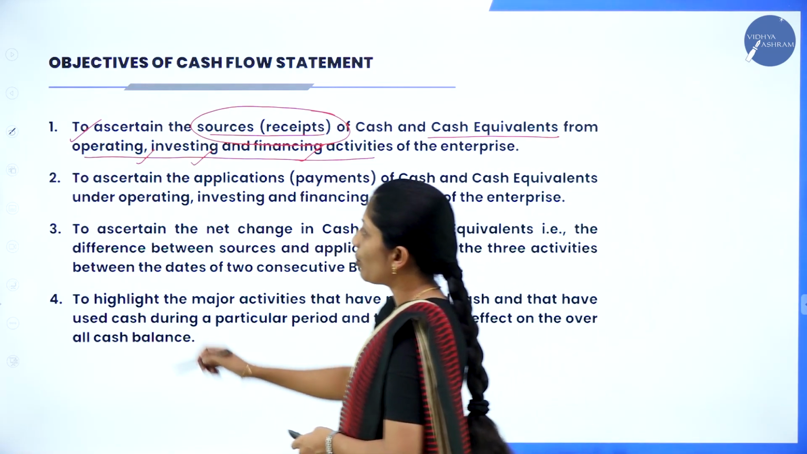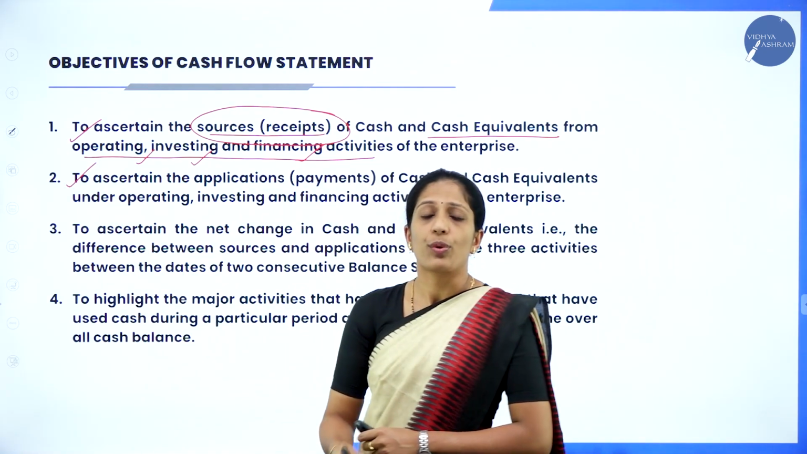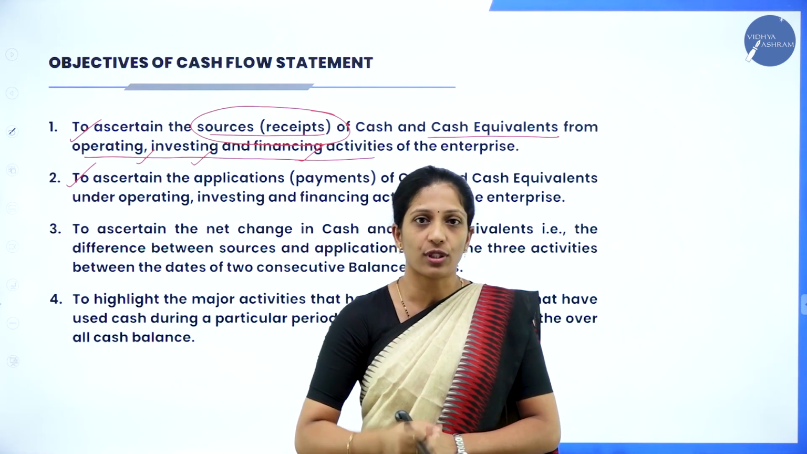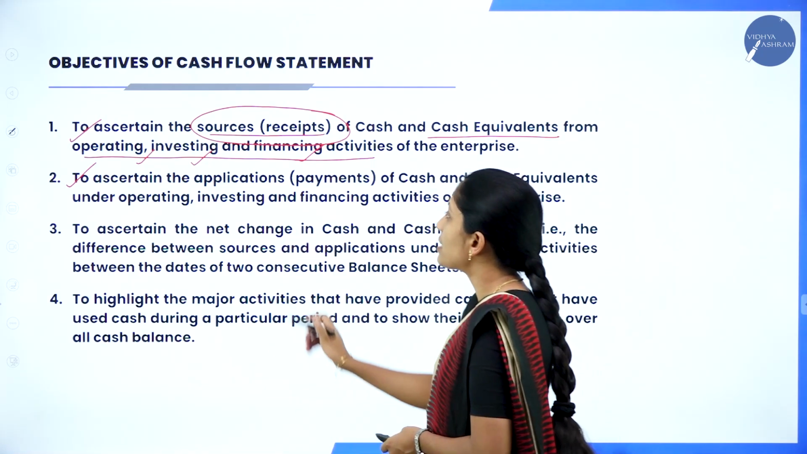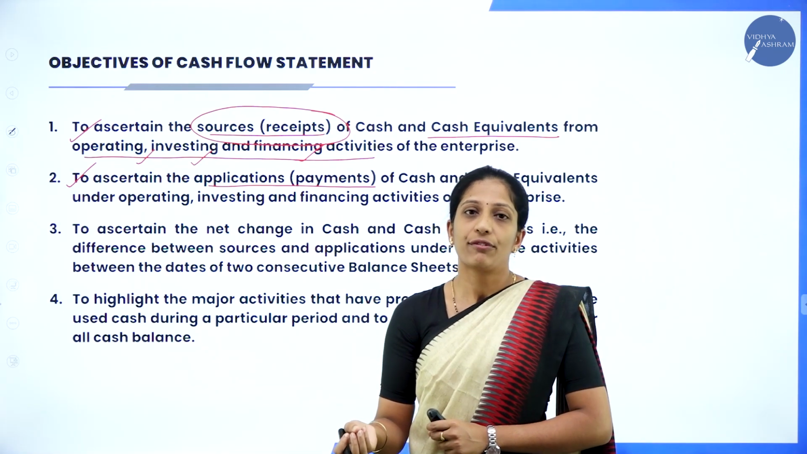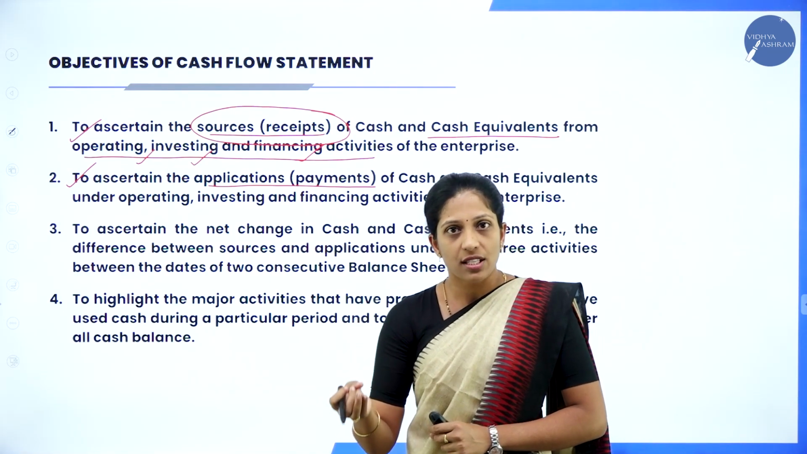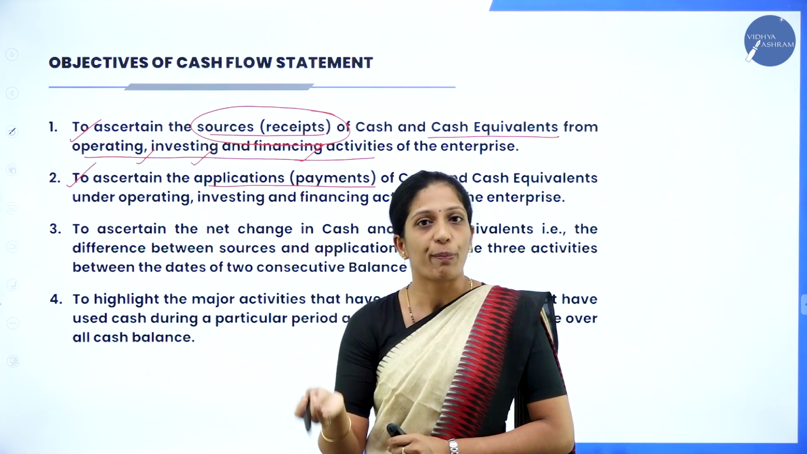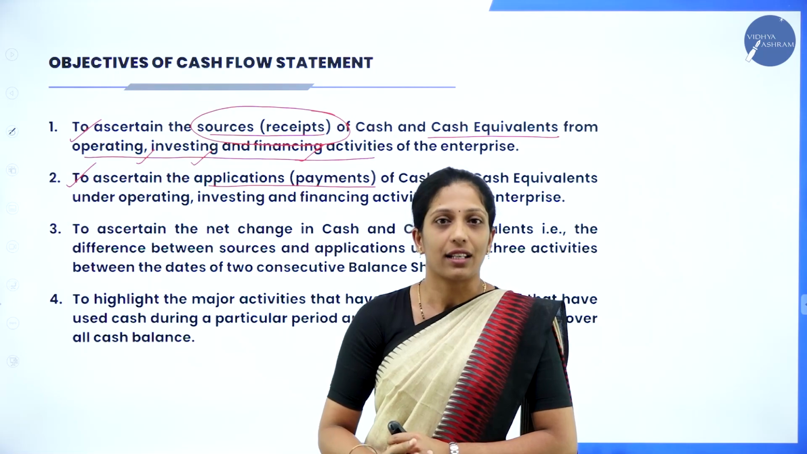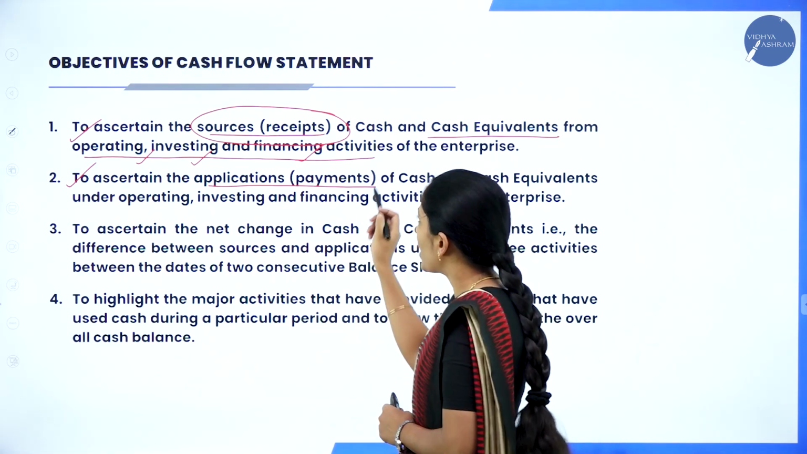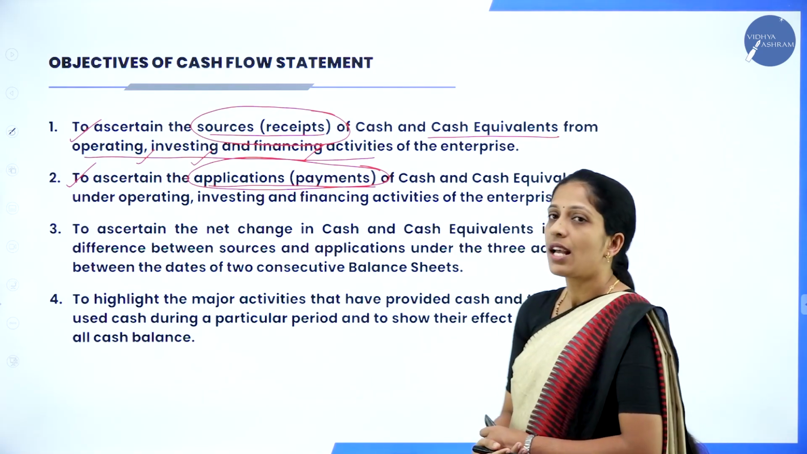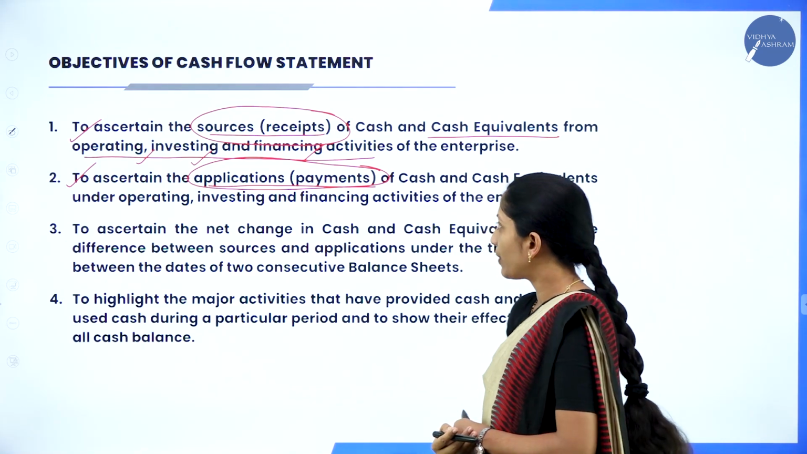Now coming to the second one, so the first objective was: from where do we get cash? So from which activities we will get cash for the business. And the second one is to ascertain the applications or the payment. So where we are going to use that cash in the business. So whether it has been invested in investing activities, operating activities, or in the financing activities, where we are actually using that cash in the business. So that would be applications or payment of cash and cash equivalents under operating, investing as well as financing activities